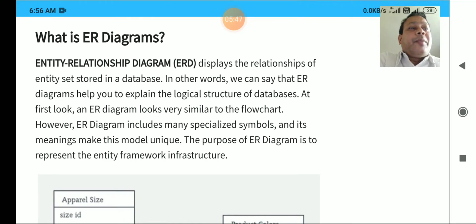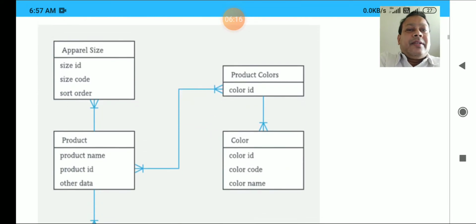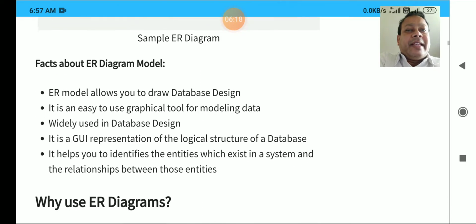Clear? Like suppose student is there, and that student is going to have some faculty. So faculty is another table. Clear? And another table of a particular database may be staff. So how is this staff related with this faculty, how is faculty related with the student, isn't it? In this way we are going to see how the entities are related with each other, and entities are nothing but your tables. Clear? So we are going to see how they are related with each other.